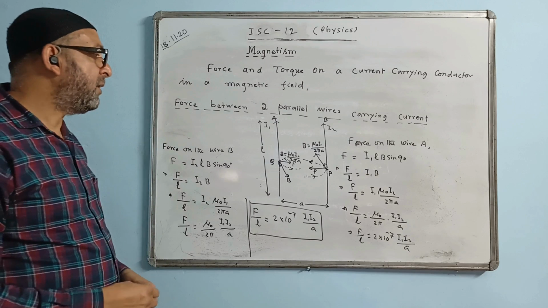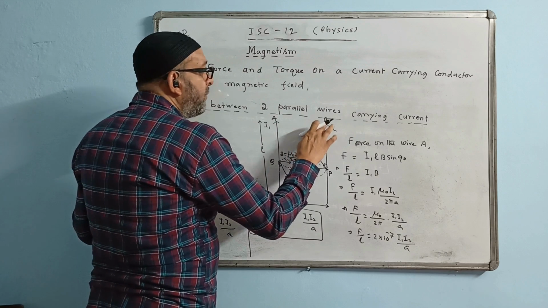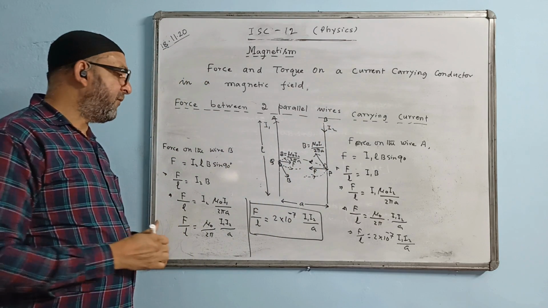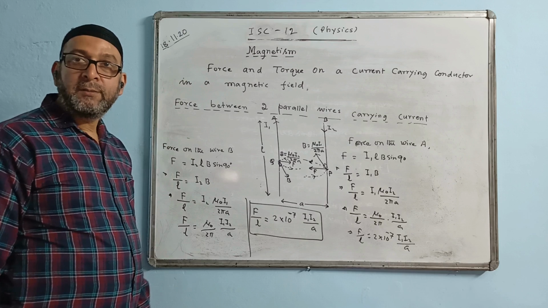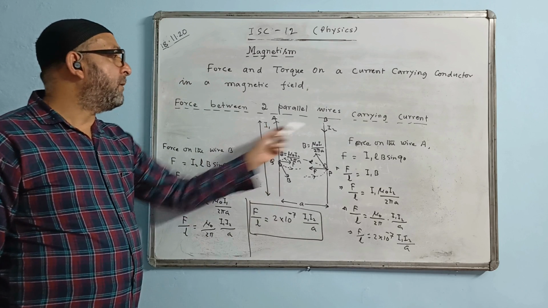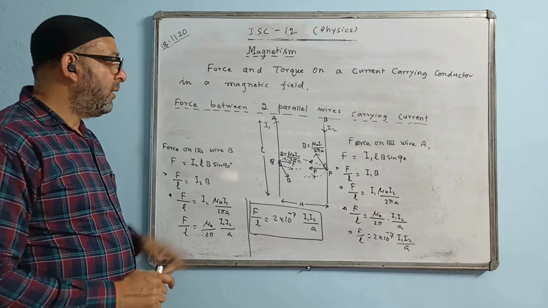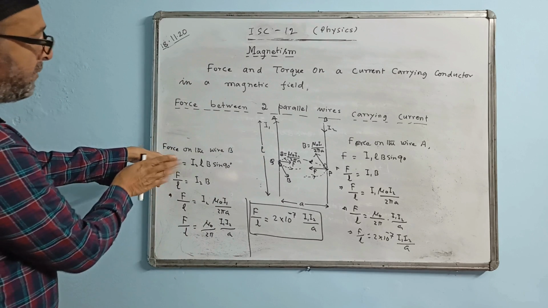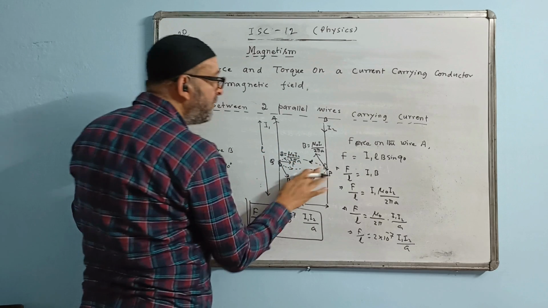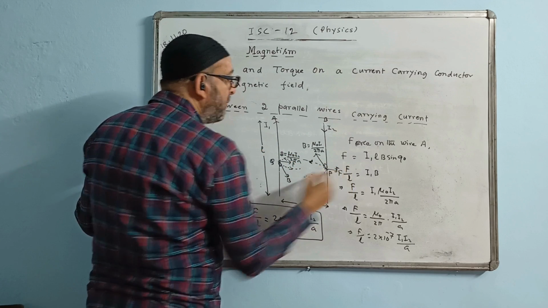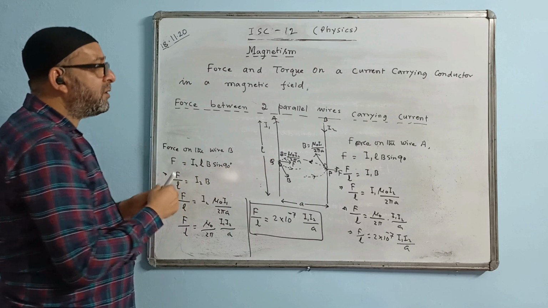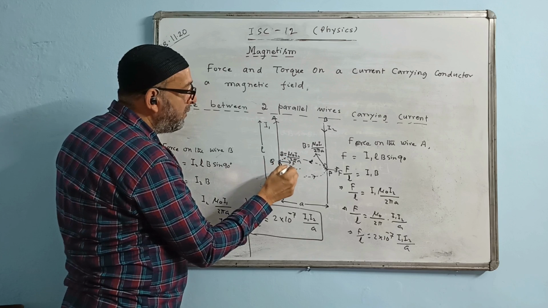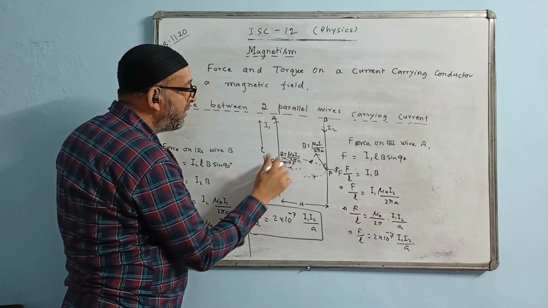We can check how they repel. Suppose one is going up and one is going down here. I am just explaining the direction. Value of force will remain the same. Value of force does not change. This is upward, this is downward. Check it now. Magnetic field is inward, current goes downward here. What direction is the thumb coming? Like this. This time the direction of force will change. And out here the direction of magnetic field will change, because this is going downward. The direction of circle will change now here. It will come clockwise, and the tangent direction will be again inward.